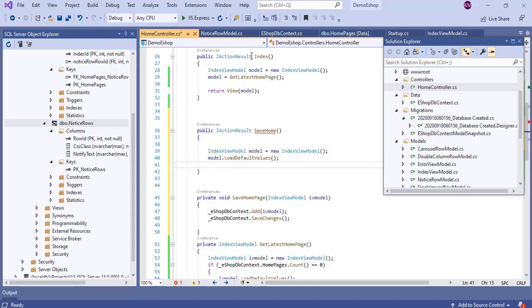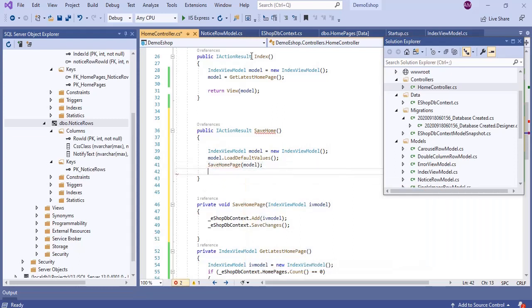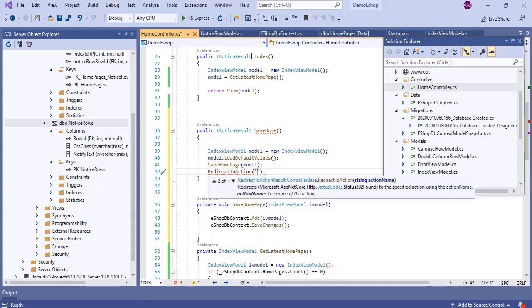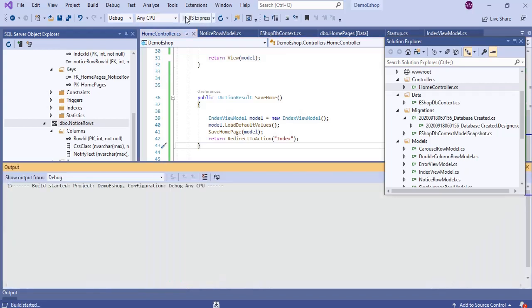Then save home page of model. Then after, redirect to action of index. That's it. Then we need to insert return before the redirect to action. Now it's done. We'll compile and run it.